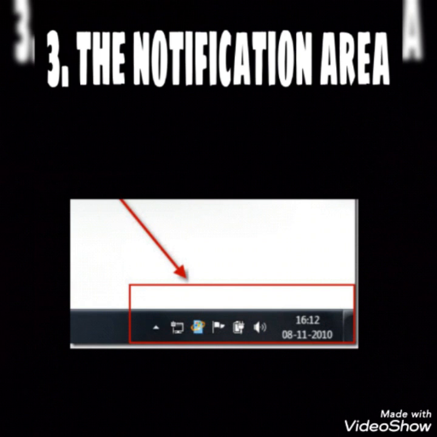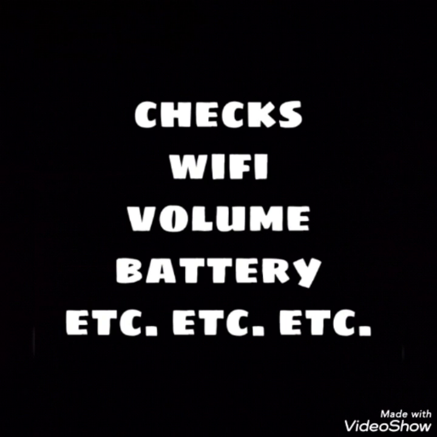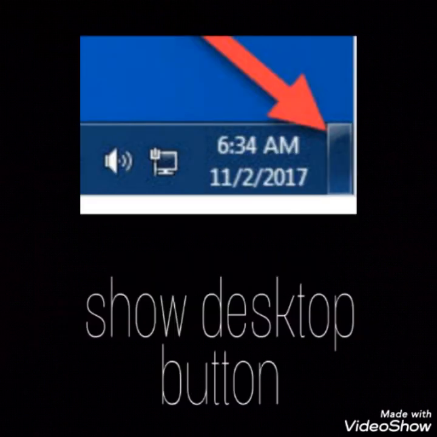This speaker shows the volume. We can adjust it according to our choice. Then battery status, how much battery is charged. So this Wi-Fi connectivity, volume, battery, these all are shown on the notification area. And the last button of this notification area is the Show Desktop button. The Show Desktop button is present on the extreme right side of the